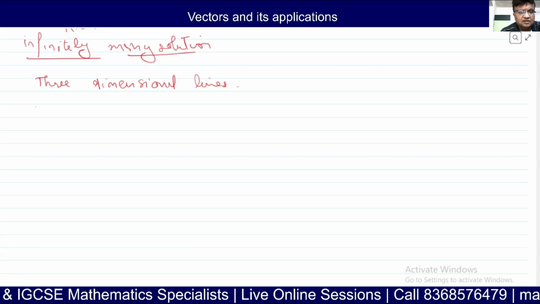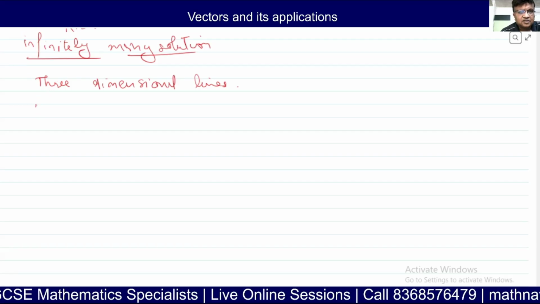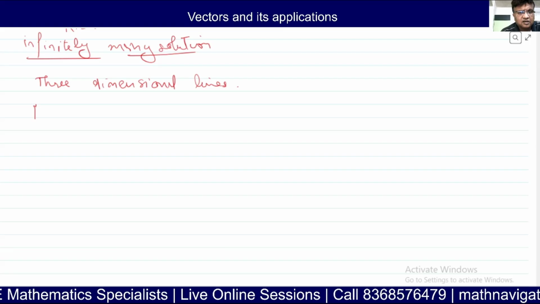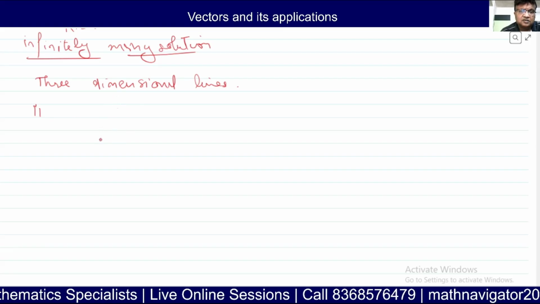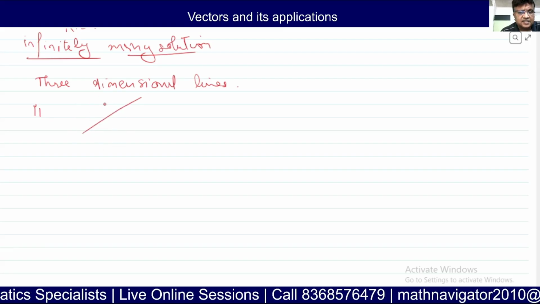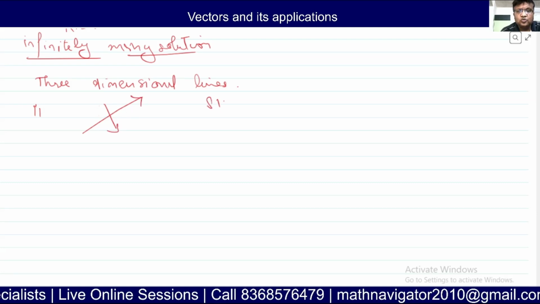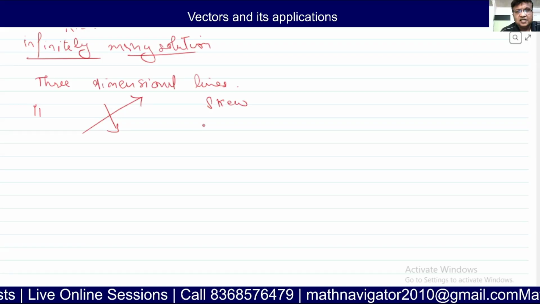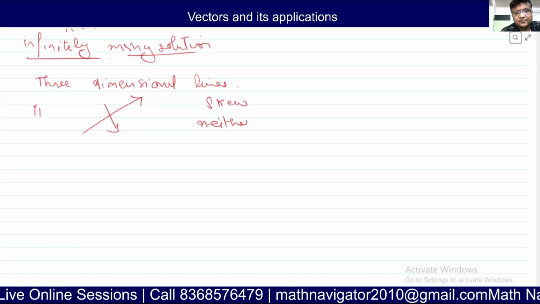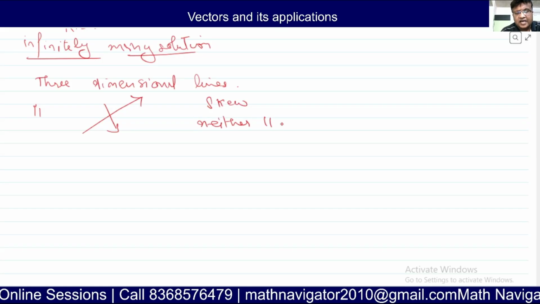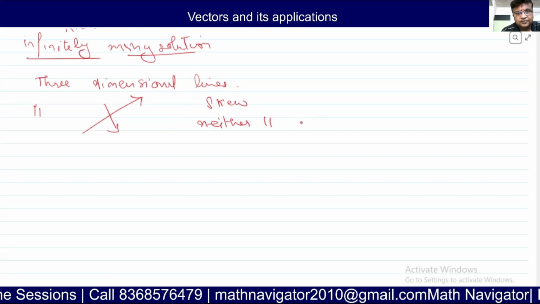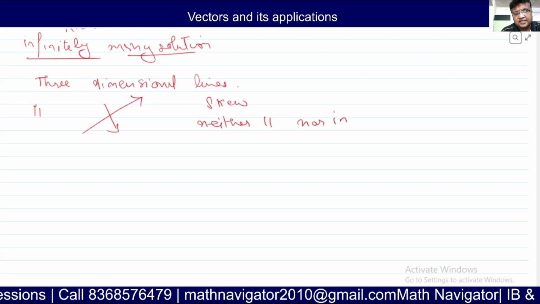Either they are parallel, or they are intersecting, or they are skew. Skew means neither parallel nor intersecting,